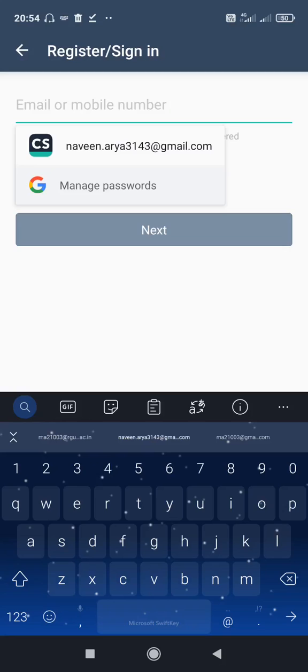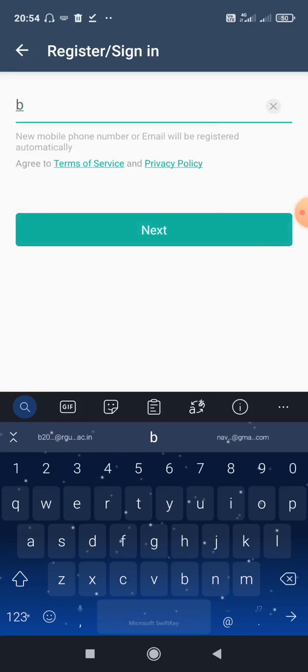If you use your personal mail ID, it will give only 200 MB of data. If you use your college mail ID, it will give 1 GB plus 1.2 GB, 1 GB and 200 MB extra. So that is b20019@rgukt.ac.in. Click on next.